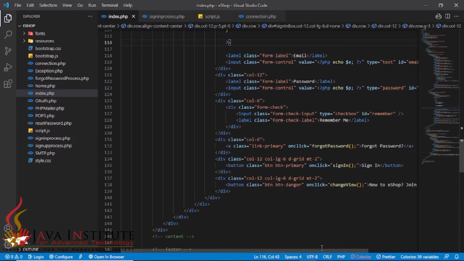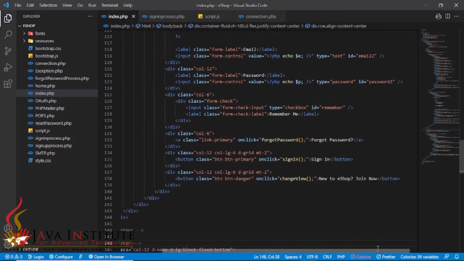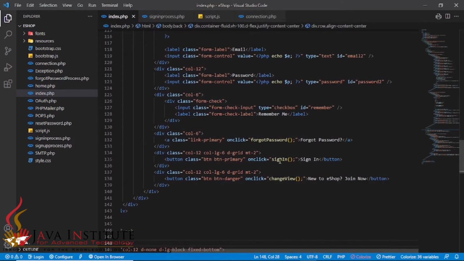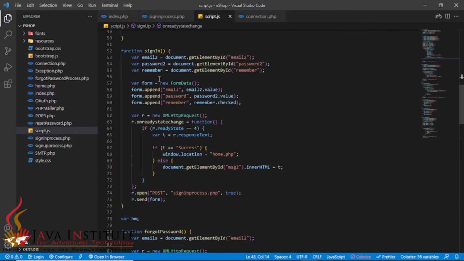You can see for this sign in button, I have given an onclick function, signIn. In this script.js file you can see the function signIn, and I have gained these IDs into the variables email and password, and don't think about this remember me option.